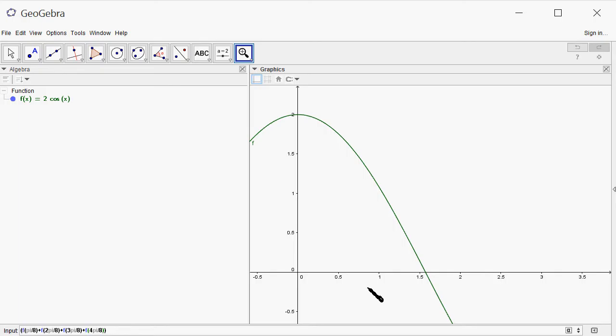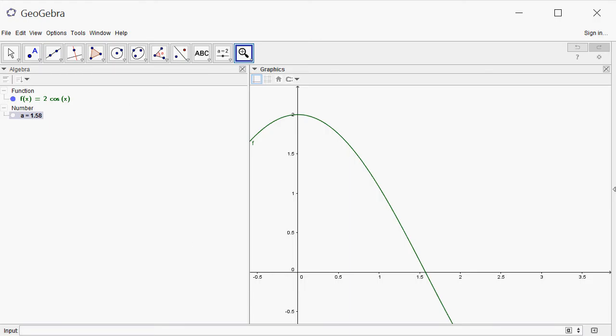So that would be 4 heights of rectangles. And then the width is pi over 8, because the entire interval is pi over 2 and we split that into 4. So if you hit enter, we get